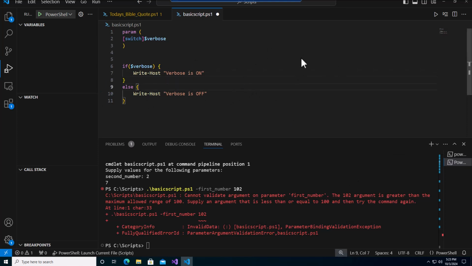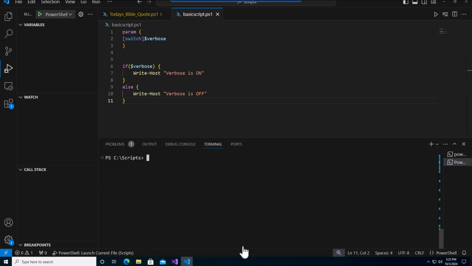Alright, so verbose is kind of used like, if you had a bunch of debugging statements, or if you want to show some extra info on your script, this will kind of represent turning it on and off. So let's save the script and let's clear the screen. Okay, so I'm going to put the script name down and then we're going to put verbose, which will kind of mean true. Alright, so we should say that it's on, and then if you leave it out,